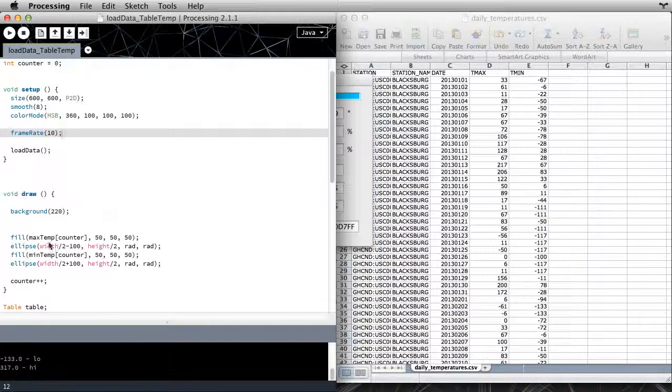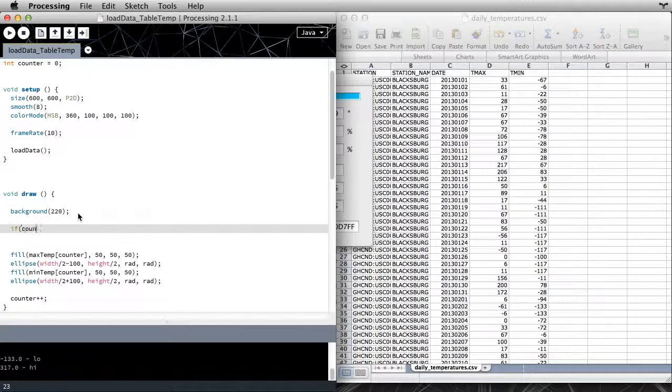So what we want to do is say, hey, load counter 0, so the index value for the max and minimum temperatures, and color our spheres, and the next time around it'll be the first and second and third index position as we go along, right? But the problem is we don't want that to go on forever. The year we want to kind of reload. So